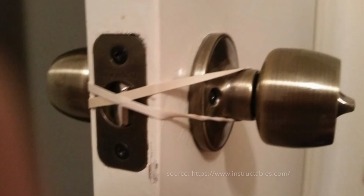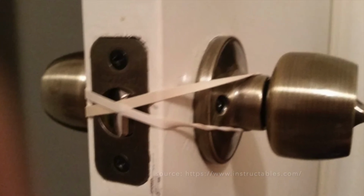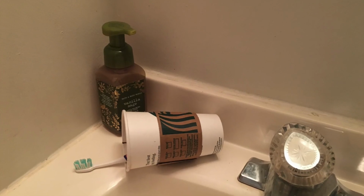Use a rubber band or a piece of tape to keep the door from latching as you're coming in and out of the room. You can also use a piece of tape to place a dryer sheet over the AC unit and then get rid of any smells inside of the room. Place your phone inside of a glass or a mug to amplify the sound instead of using a speaker, and then take one of the reusable cups,